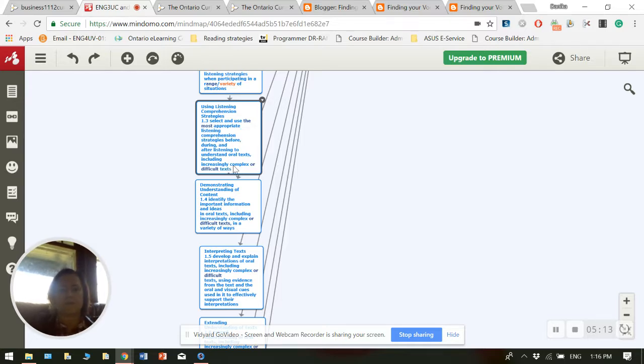And then down here, in terms of the types of text that they're supposed to listen to, increasingly complex texts for the 3C, or difficult is another option for the 3U. So I guess you can have a text that is complex but not difficult. If you watched a movie scene, you might have a movie soundtrack, and sound effects, and dialogue. That would be complex, but it wouldn't necessarily be difficult. Whereas you could have a spoken word poem that is very challenging, or they might listen to a monologue from Othello, and that would be difficult.